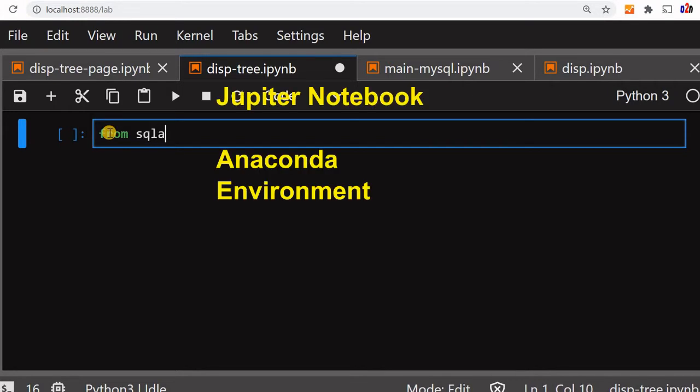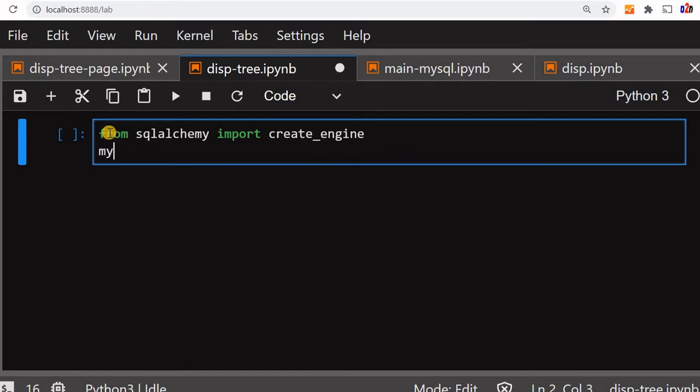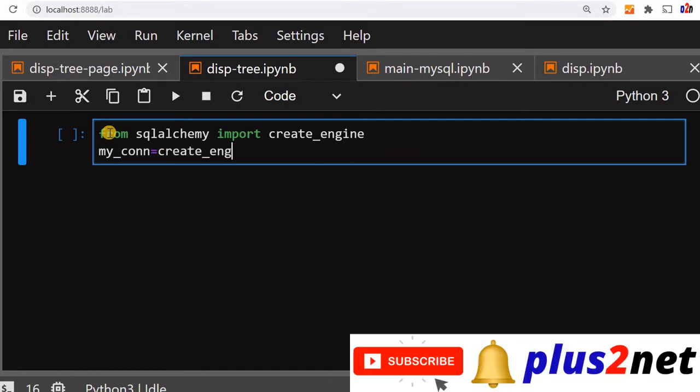So from SQLAlchemy, import create_engine. Now we'll say my_connection. This is the connection variable or connection string, whatever we'll be using. Create engine. Now inside this we'll write our connection string: mysql plus mysqldb.